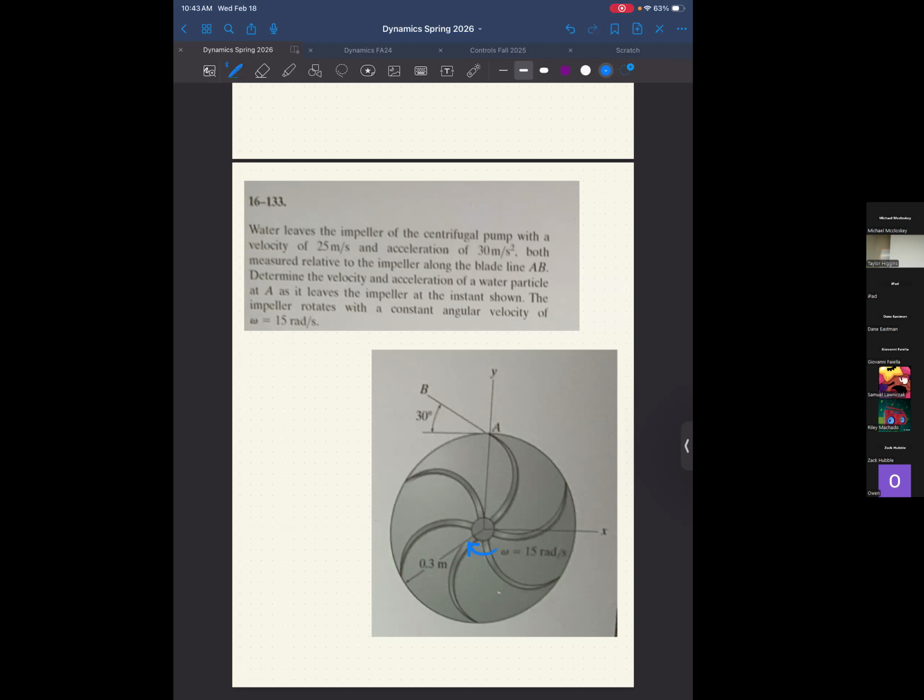It's just saying that the velocity of the water is in that direction, relative to that. So B, they would actually just be zero. Yes. Okay. So what is it solved? It's just completely-